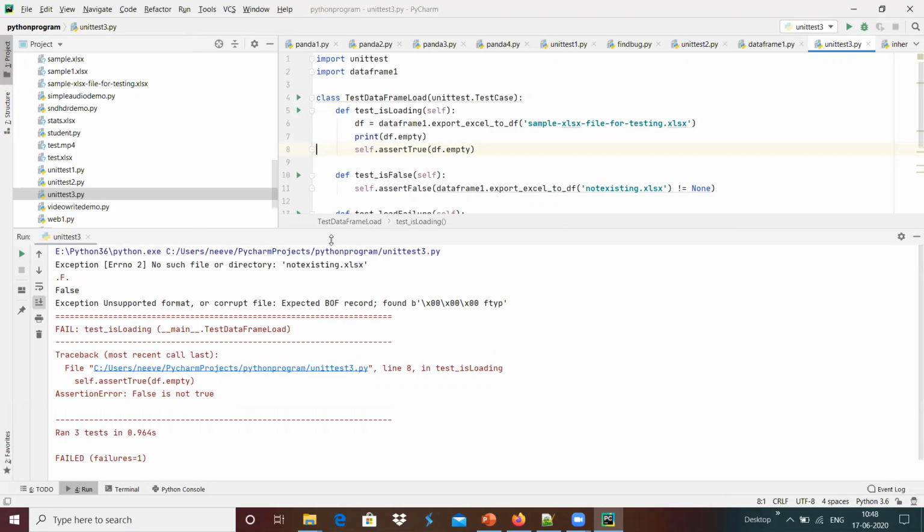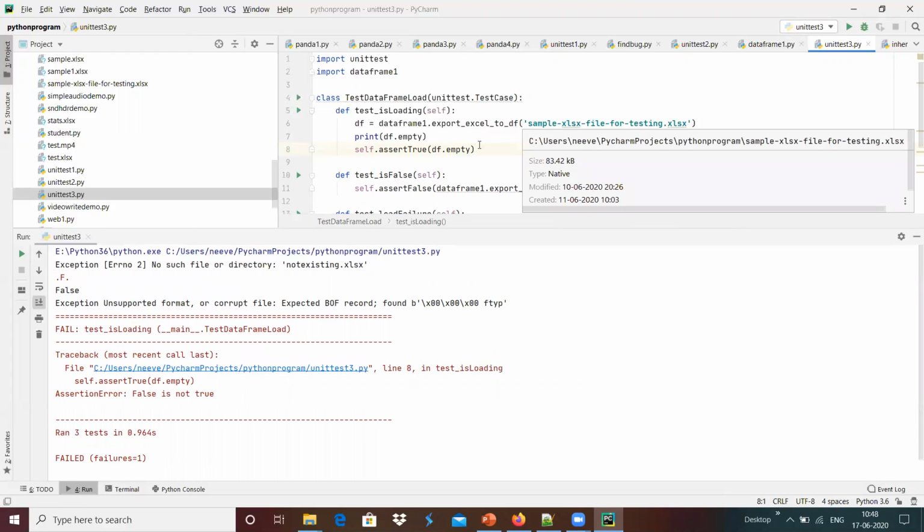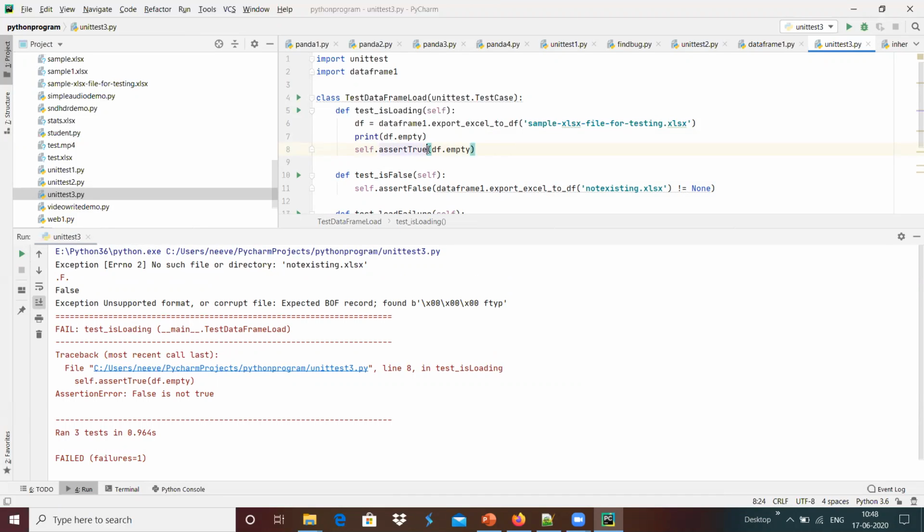Yeah, it's something like df.empty. In case here we got loaded with the values, and it should be something like a false.